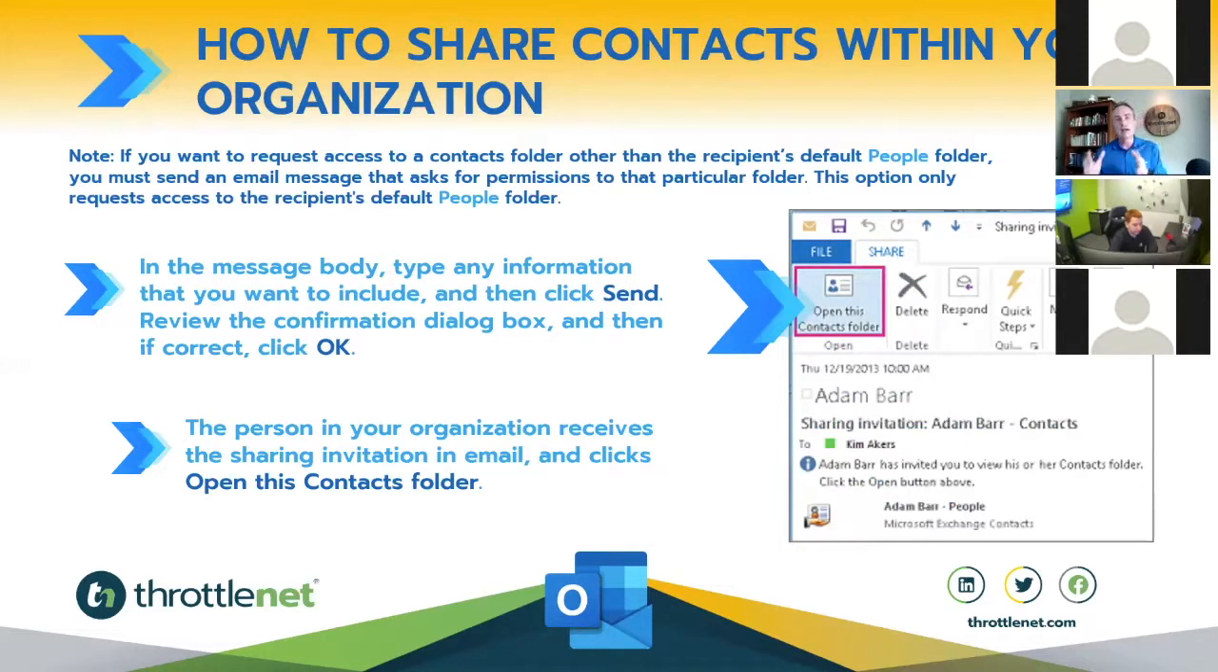And if they allow you to, and they let you get to their contacts at that point, if they receive that in the sharing email, you can then open their contacts folder and view it from there. So again, if you're in your organization, very cool feature to be able to share your contacts and contact